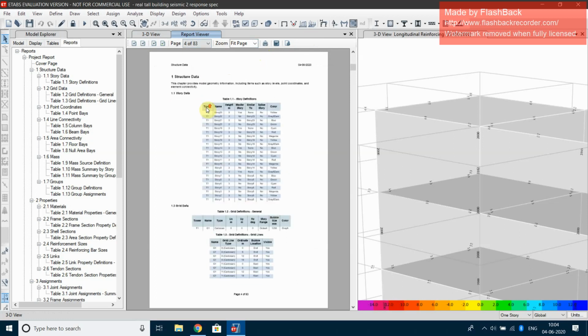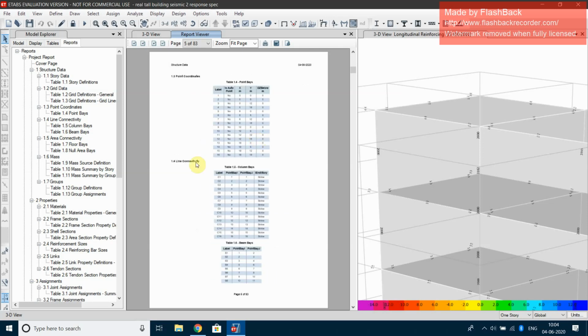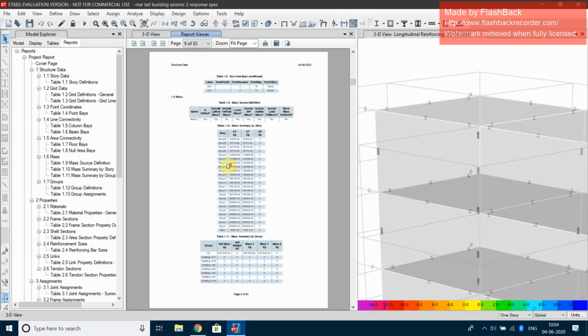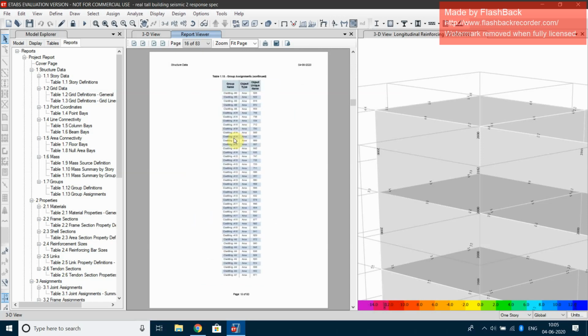First we go to story data, that is the tower story height and everything in the master story. And then we go to the column data, the movements generated, the accelerations as per the analysis, and everything we can get.